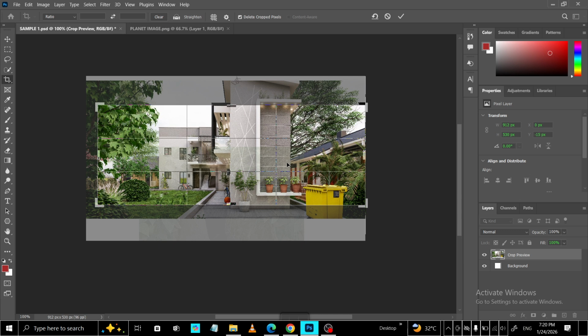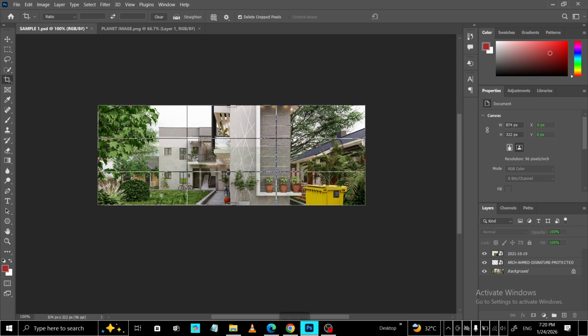That's it. Press C to activate the crop tool, drag the edges or corners to frame your subject just right, and press Enter or Return to apply. With a few thoughtful adjustments,